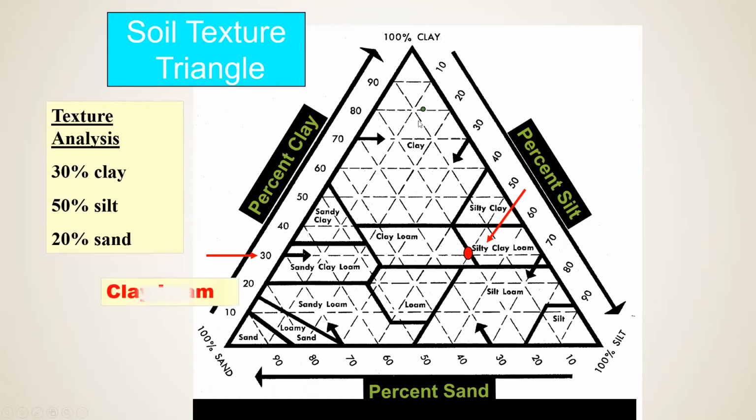And if we're looking over at a sandy clay loam, let's just say that we're looking right here. This would tell us that we have 60% sand, 30% clay, and 10% silt. And that would be a sandy clay loam. And all of these are pretty desirable textures. A loam is going to be the more desirable soil texture.